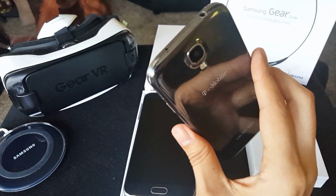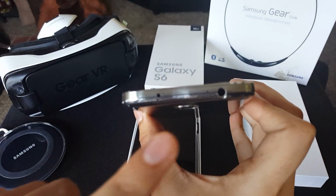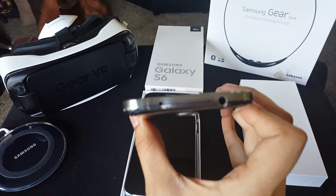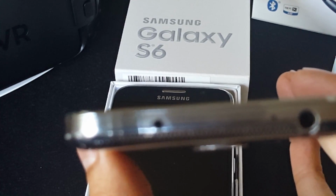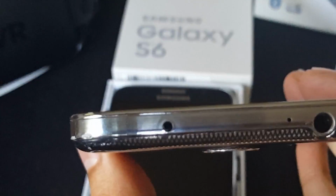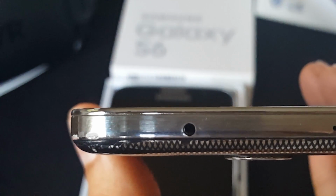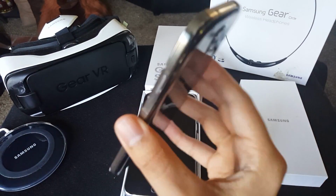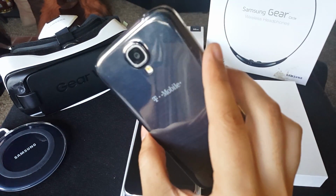Its updated camera, and also that little guy right there. That one is called the IR Blaster. Sorry for the focus here. There we go. Okay. Yeah, so the IR Blaster right there. What is that? Well, basically that turns your phone into a universal remote. So I was sold immediately. It had expandable memory,